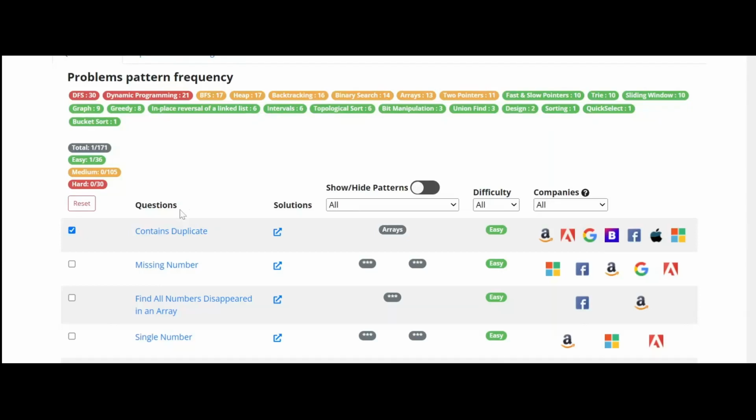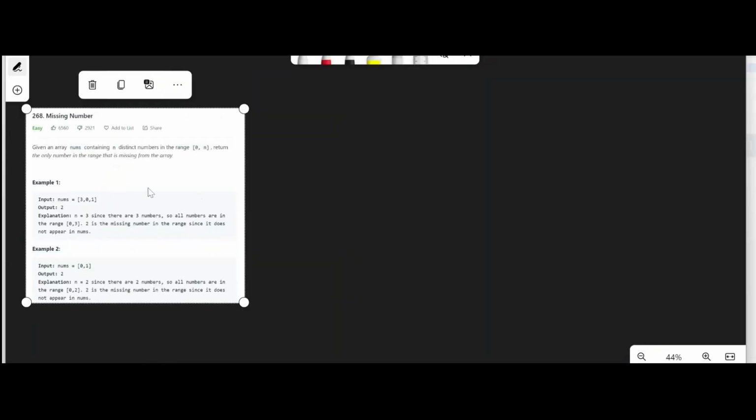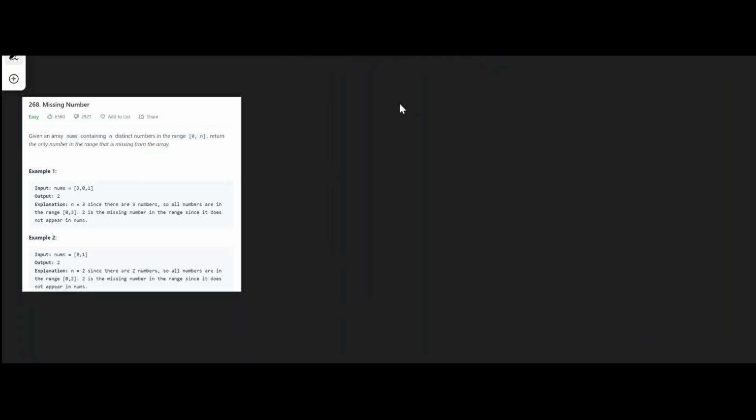Hello everyone, let's continue with the Sean Prasad list by solving missing number. So we are given an array nums that contains n distinct numbers from the range 0 to n. Now I want to return the only number in the range that is missing from the array, and we can see from the input given that we have 3, 0, 2 and the only number that is missing is